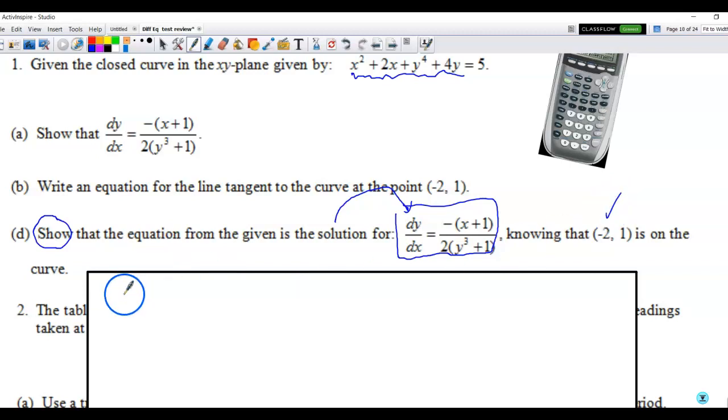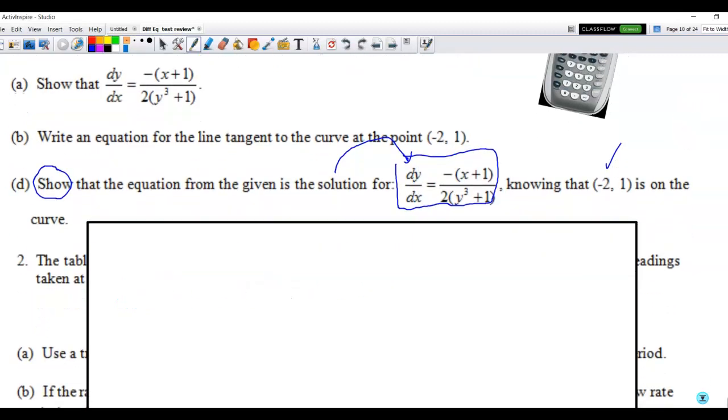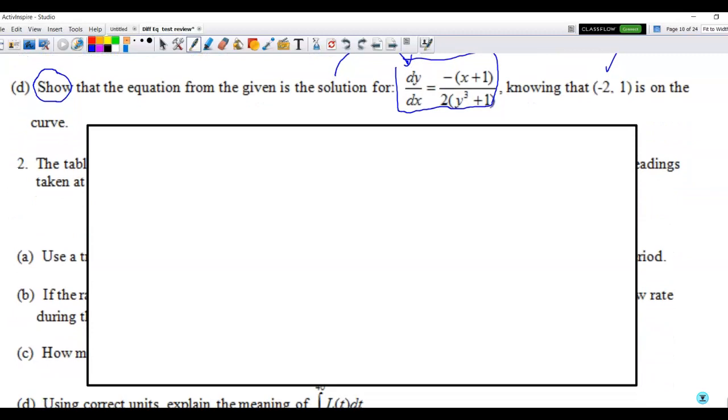So remember, when we solve a differential equation, we're going to separate, we're going to integrate on both sides, we're going to solve on both sides. So the first thing I'm going to do is separate my variables. Let me pull my screen down just a little bit so I have more room to work. I'm going to separate my variables by multiplying the 2 times y cubed plus 1 to the right hand side, and when I do that,